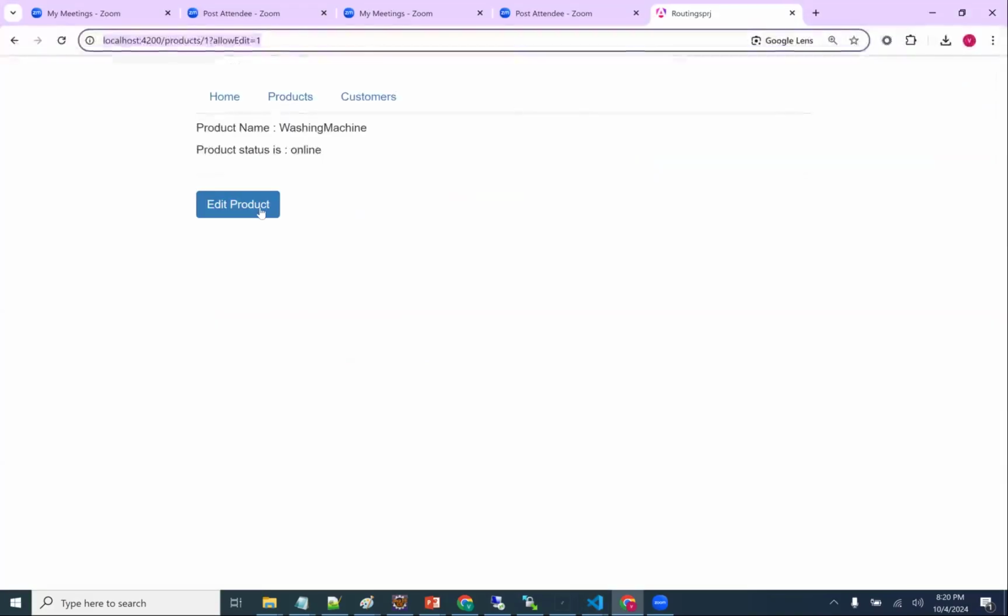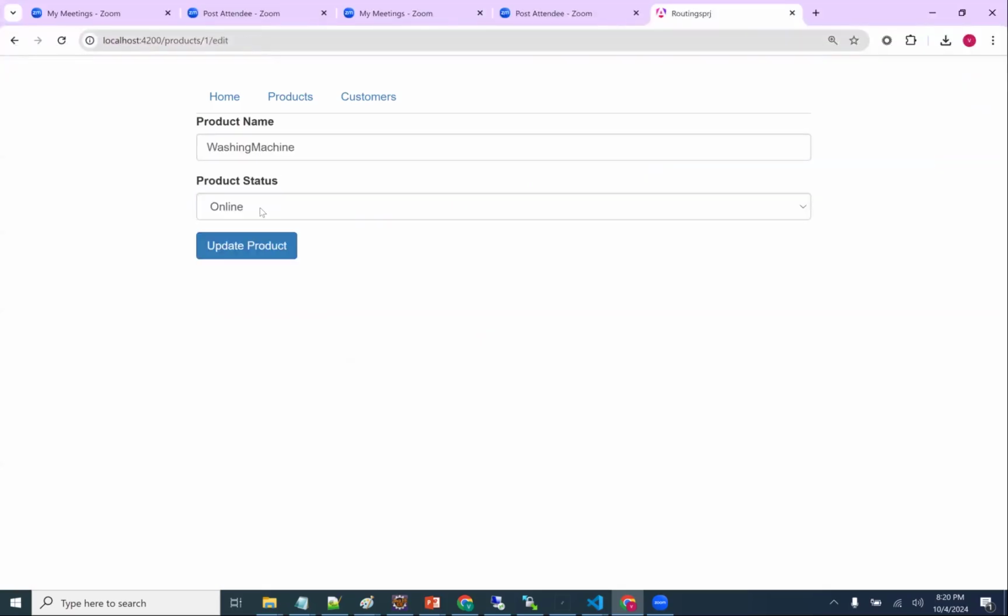But once I clicked it, a new URL is coming. That's why the previous URL is gone. There is no problem on the framework side or the browser side. It's a developer responsibility.